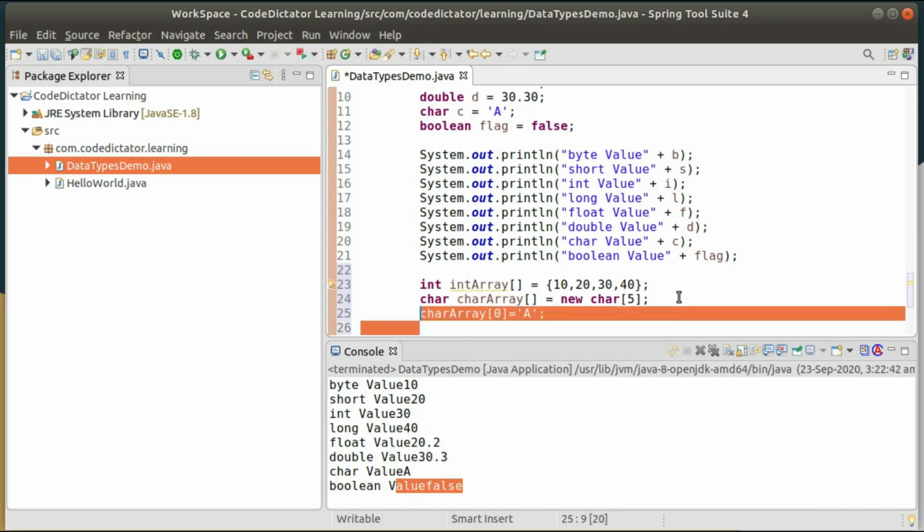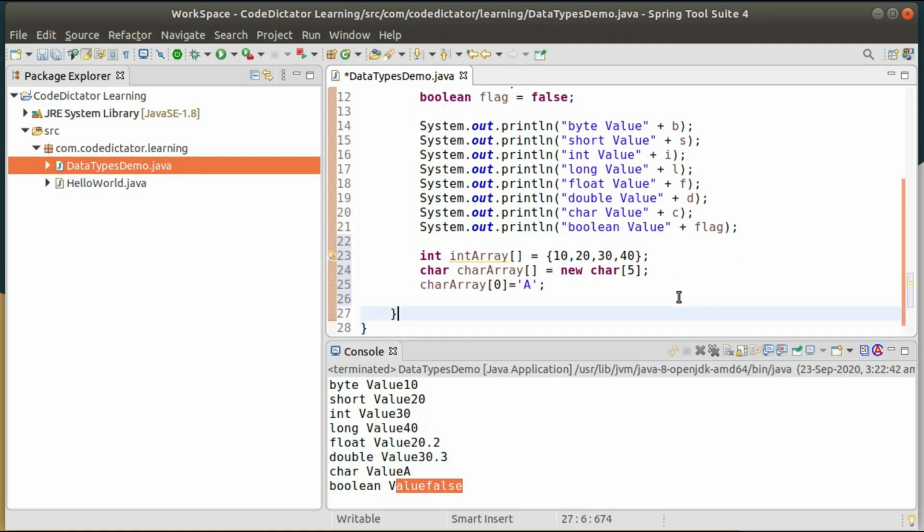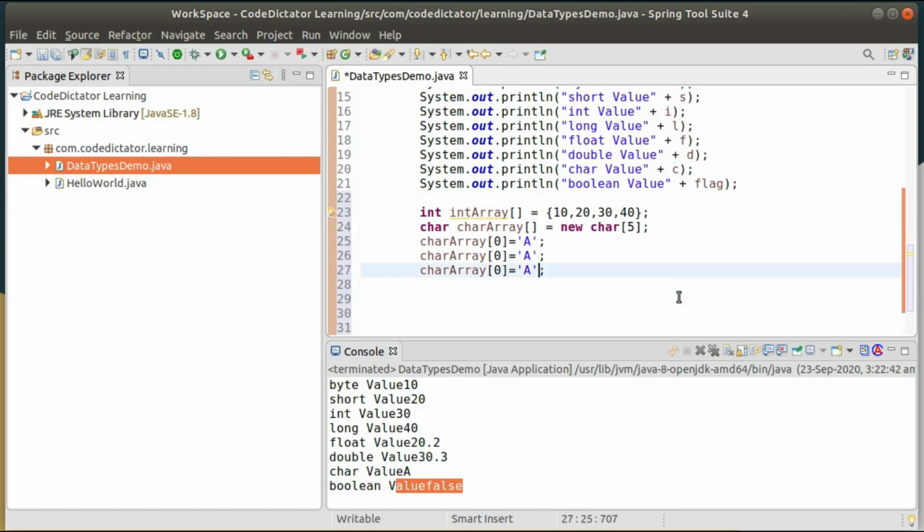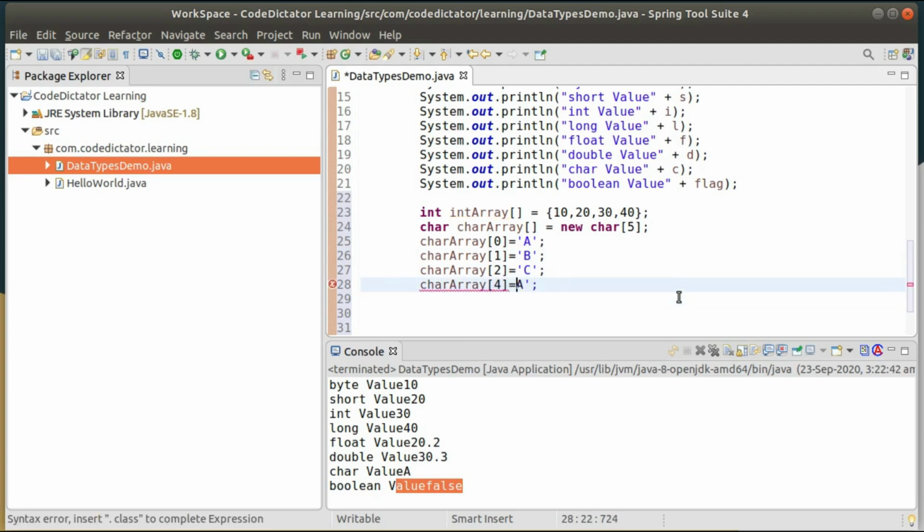I'll just make some room over here. Index 1 is b, index 2 is c. In a similar way you can write it down till your size is 5.